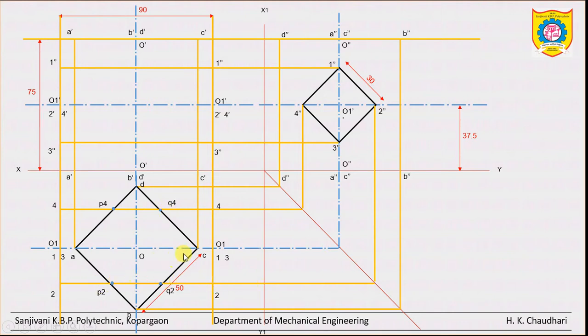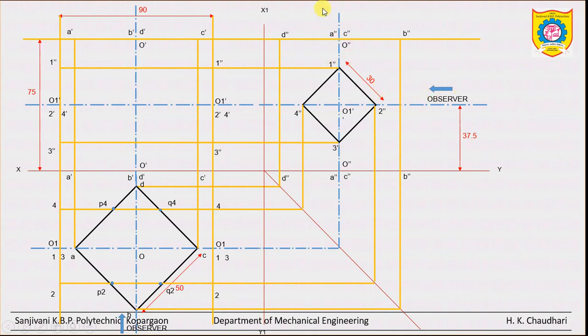Clear? Now P1 and P3 or Q1 and Q3 will be exactly on this A and C. So instead of taking this directly, we will get the points. How will we get? First of all, locate the observer. Here, this is the top view and we are observing from our side. Clear? And here in the side view, locate the observer and he is observing from this side.